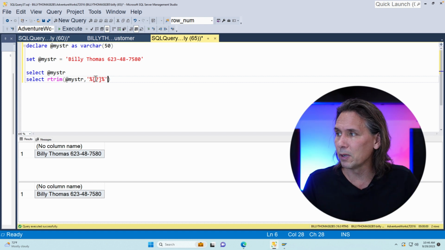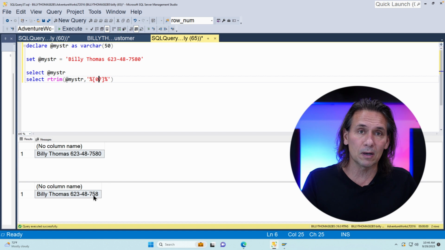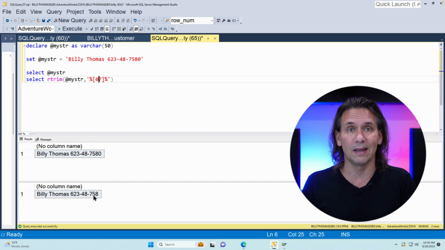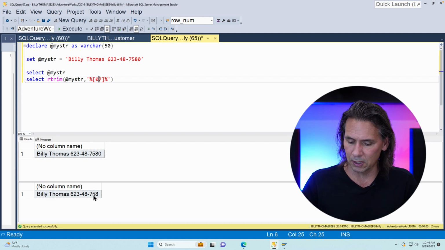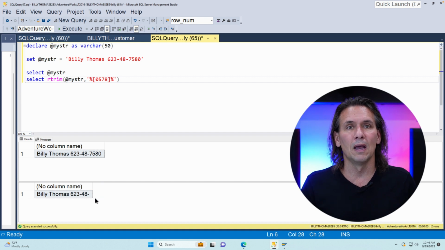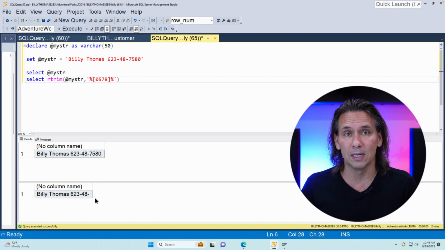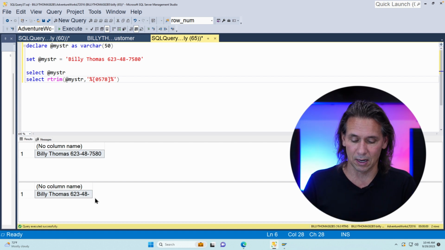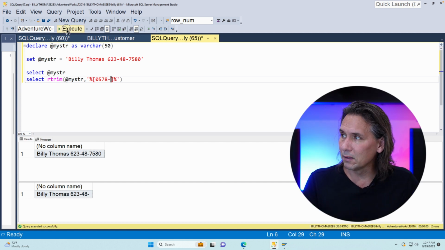So let me put in a 0 and a 7 and execute it. Ooh, now it caught the 0, pulled it off, but I've still got all the others, and I've got an 8 and a 5 to get rid of before I get to the 7. So let's just put those in, 5 and an 8, and execute it. Again, more than probably you would need, but I want you to see how this works. And then it gets to a dash, all right? Execute it, right? Now it needs a 4. Well,